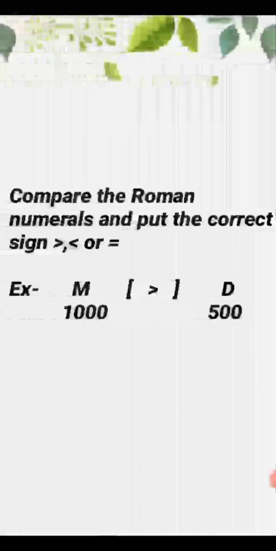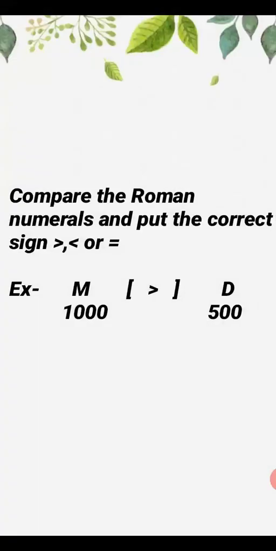Our next concept is to use greater than, less than, and equal to signs to compare numerals. You all know how to compare numbers with greater, smaller, or equal to signs. Today we'll learn how to compare Roman numerals. See, examples are given here in Roman numerals. Roman numerals will be given and you have to compare which one is smaller, greater, or equal. The easiest way to find this is that you have to find out the number of the Roman numeral. Like see, it is written here.